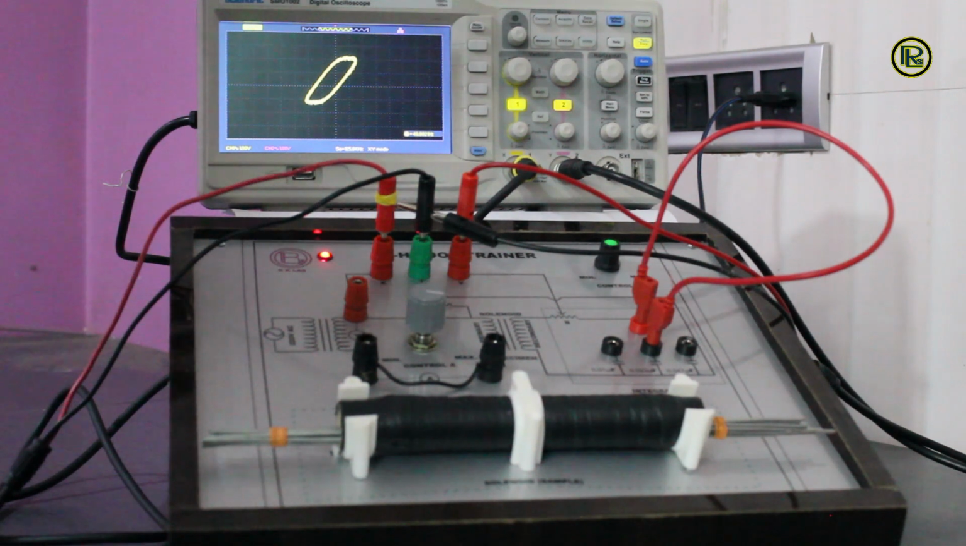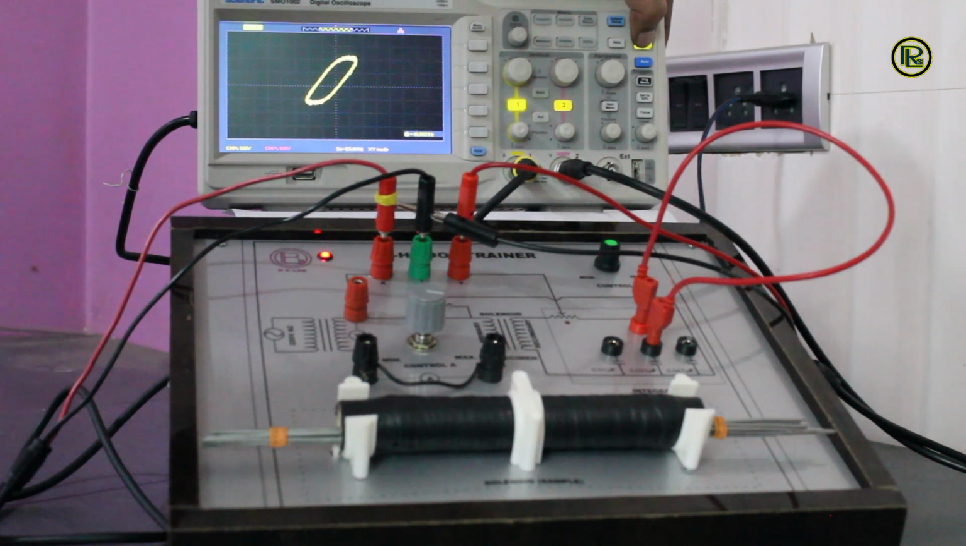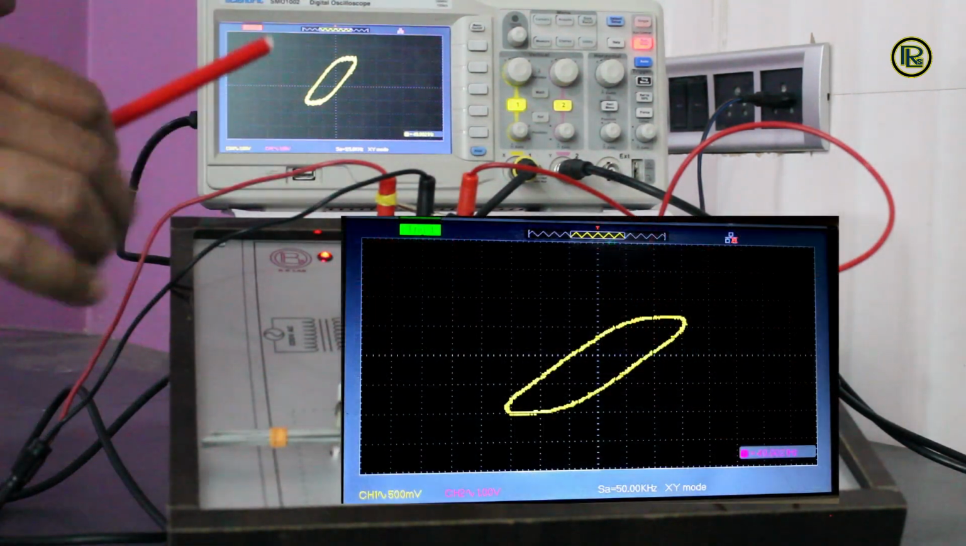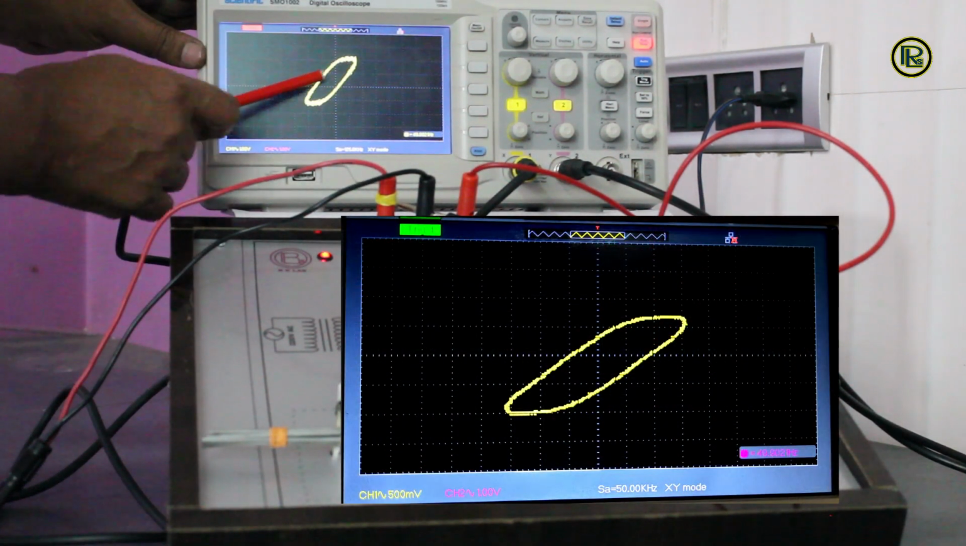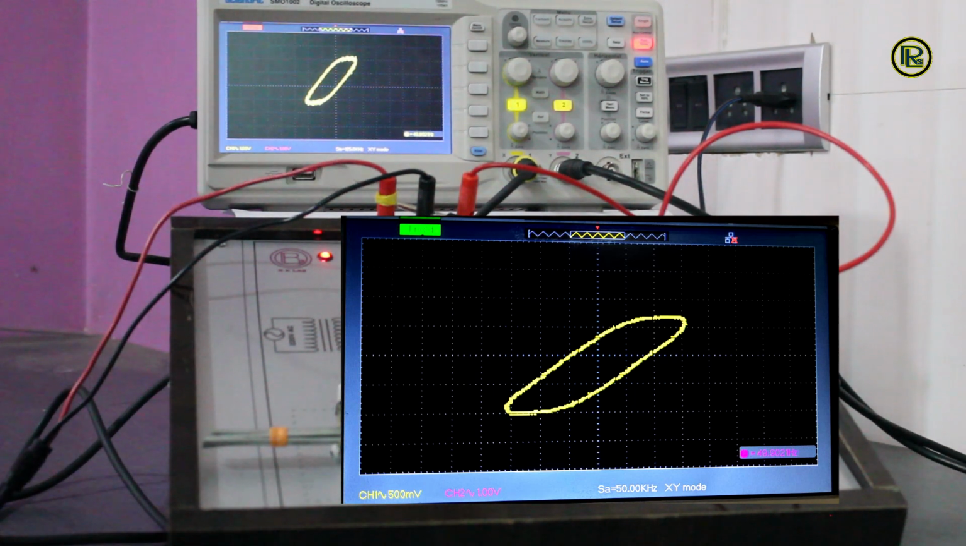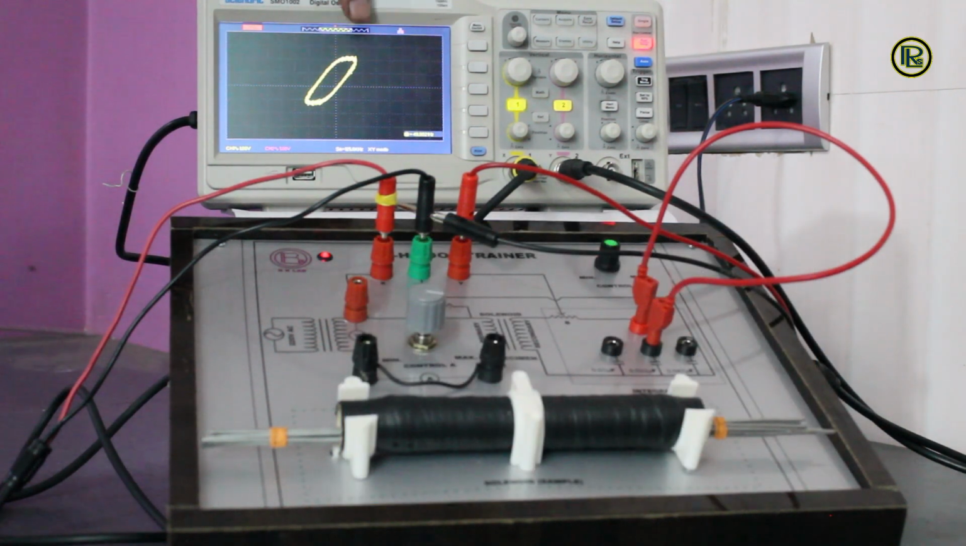Now if I have this hysteresis loop, I can stop it like this. So it's frozen now. My assignment is to find the area of this hysteresis loop, because the area will give me the energy loss that I mentioned on the whiteboard. So to find the area,